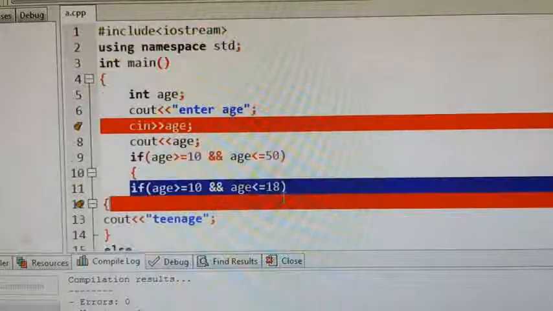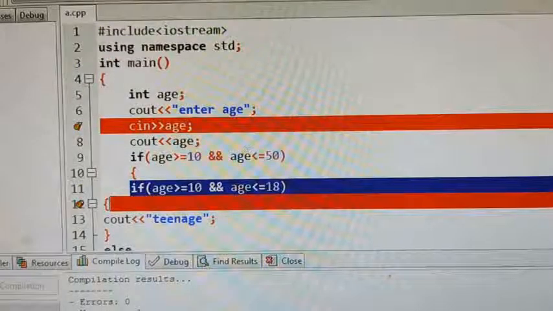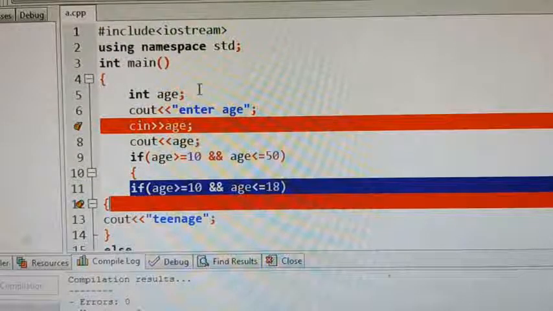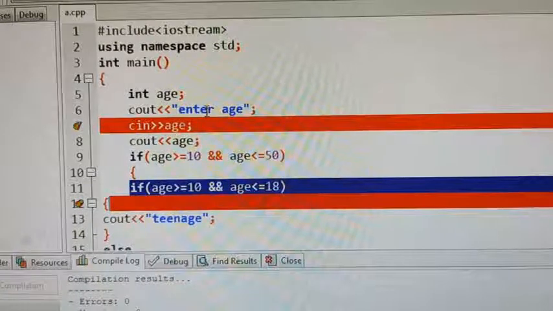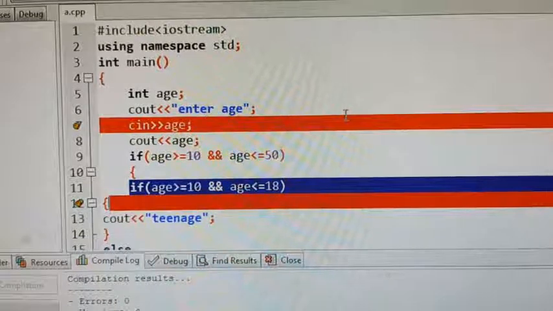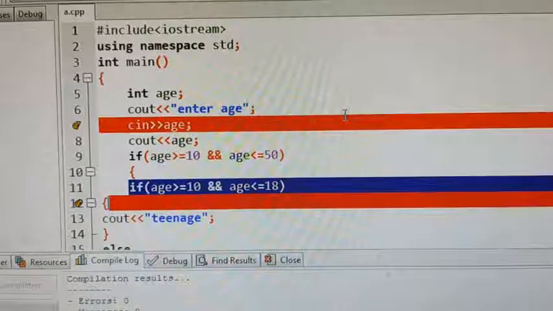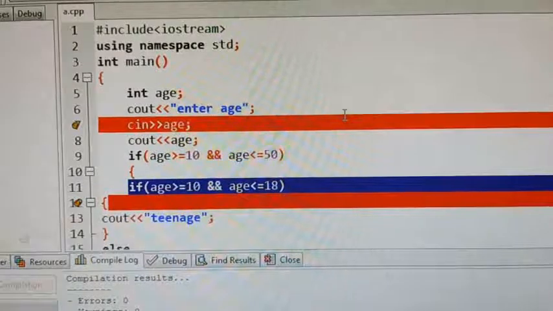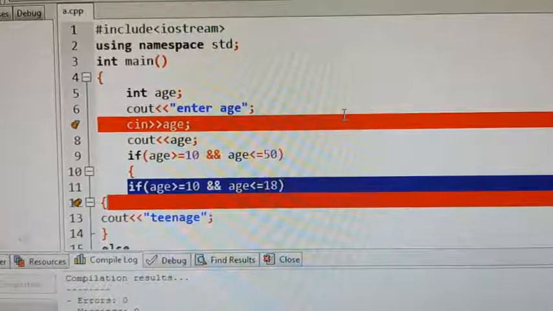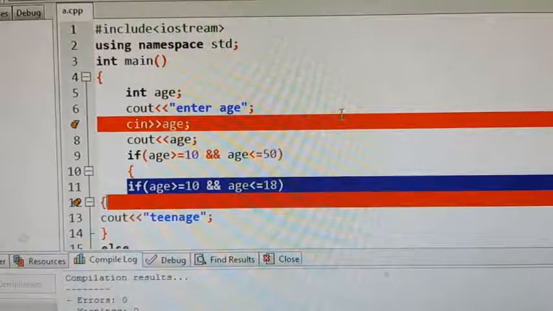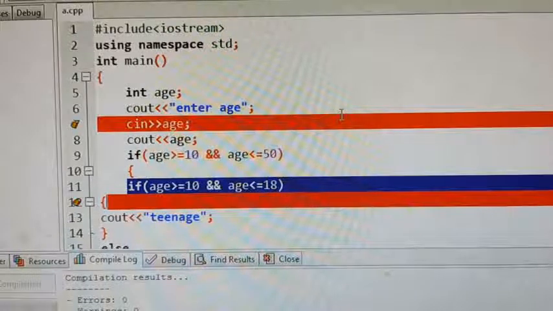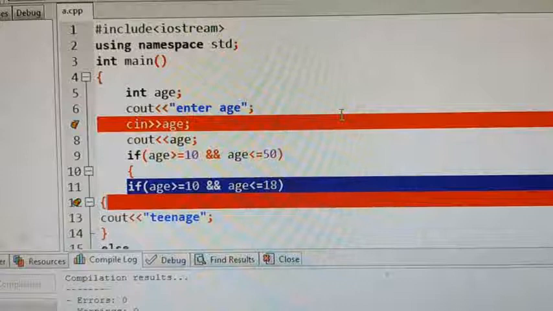Okay, this is a nested if. Clear? In a nested if, what do we do? We write one condition inside another condition. If the outer condition is true, then we check the inner condition. Okay. So this is about nested if, and the else if ladder, that we'll discuss in the next class. So today what have I completed? I have completed simple if else and nested if. The three constructs of the if condition I have completed. In the next class, we will discuss the else if ladder and the switch statement. Thank you.